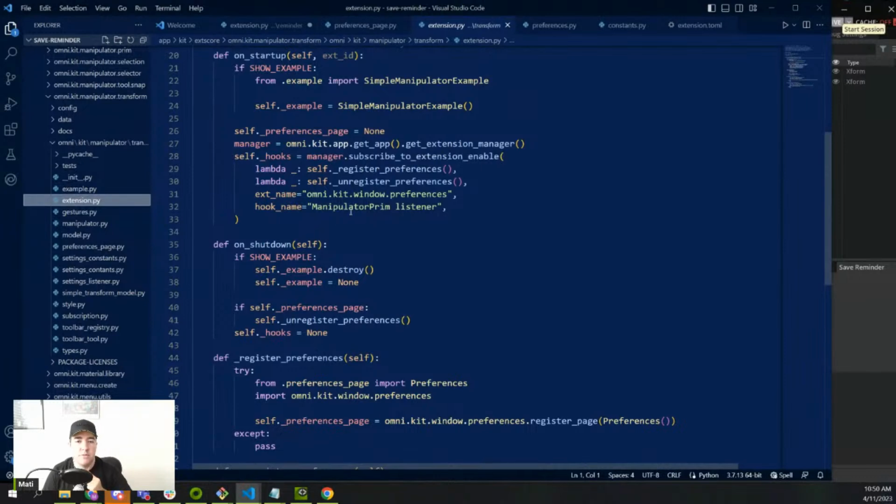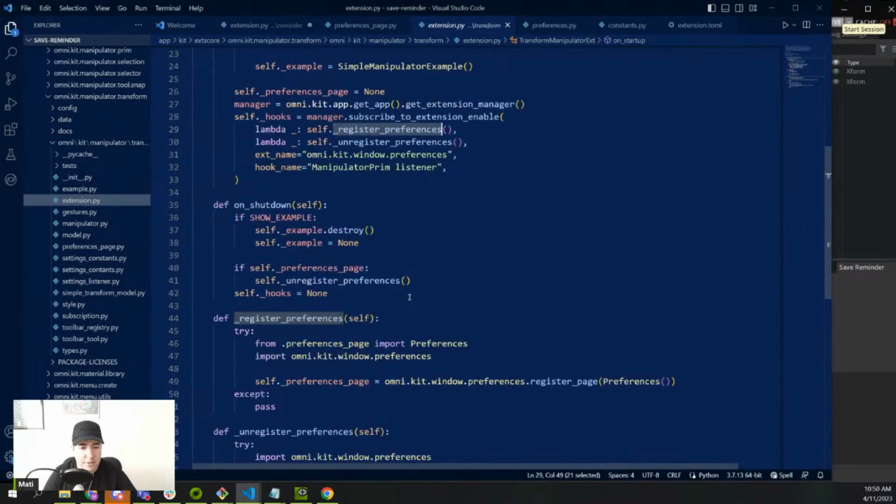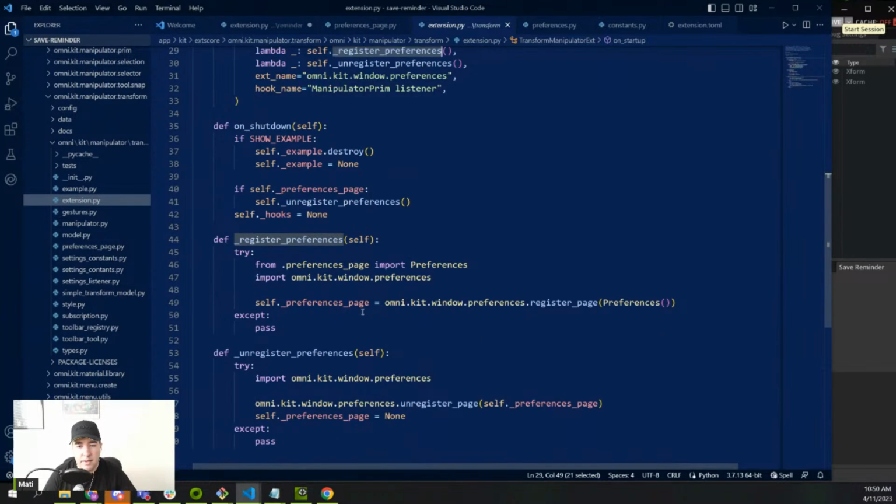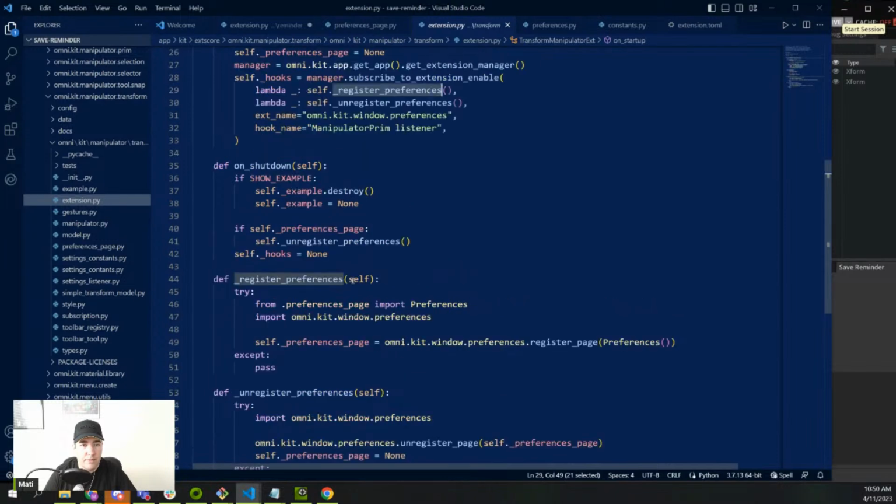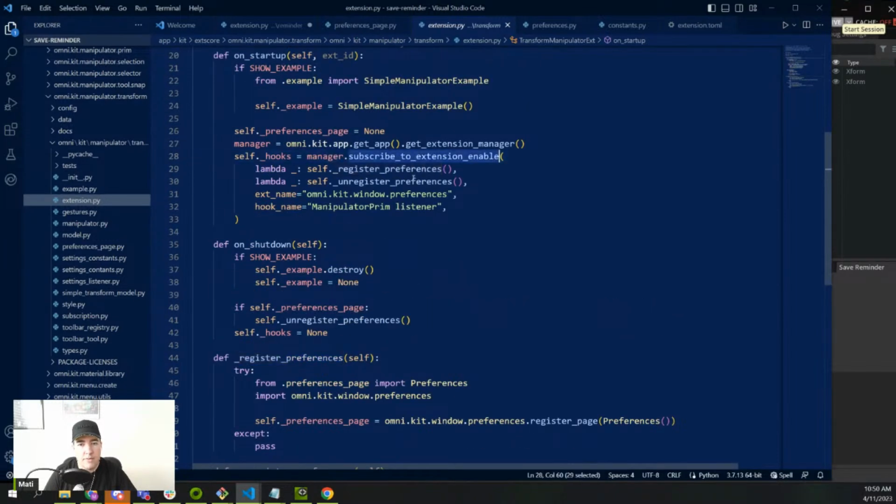I'm curious about. And here the registering preferences. What is this all about? Oh, I have to do all this too. Why? This is interesting. I haven't encountered this before, but they have